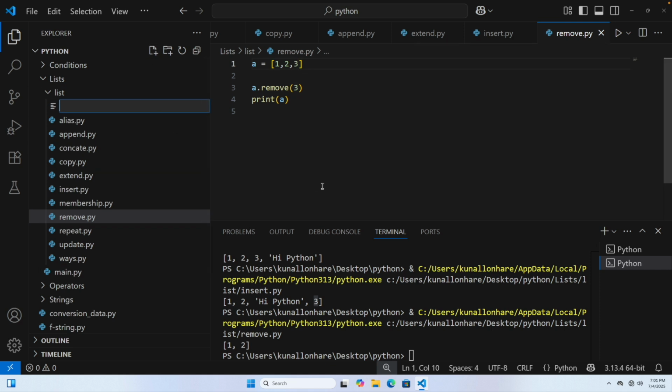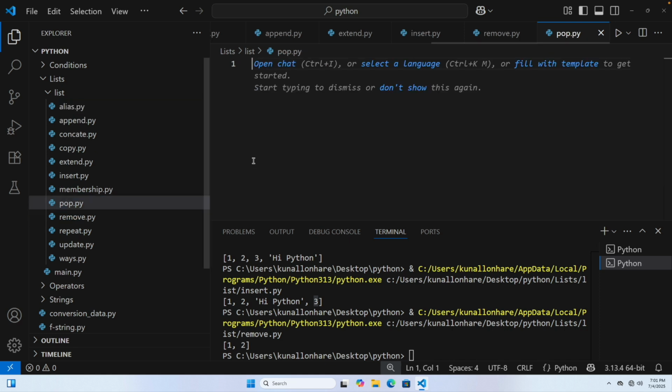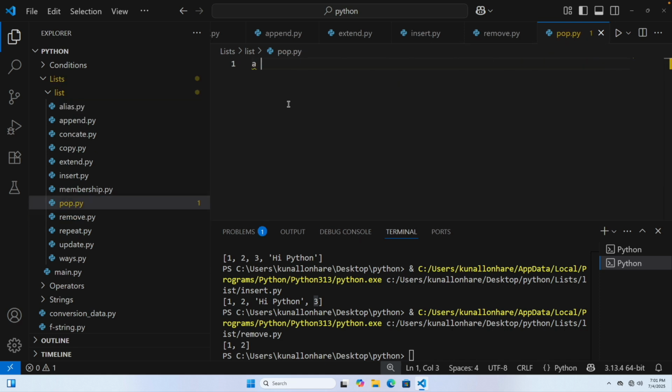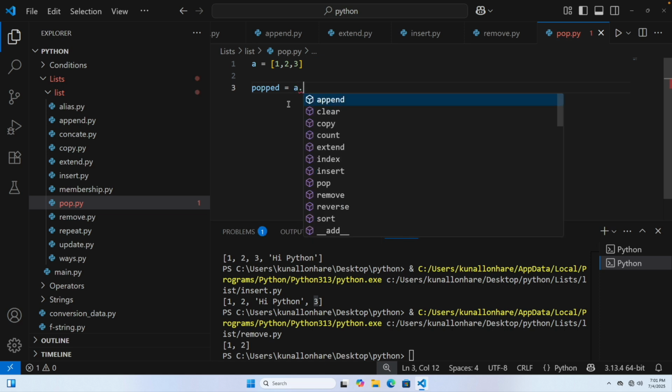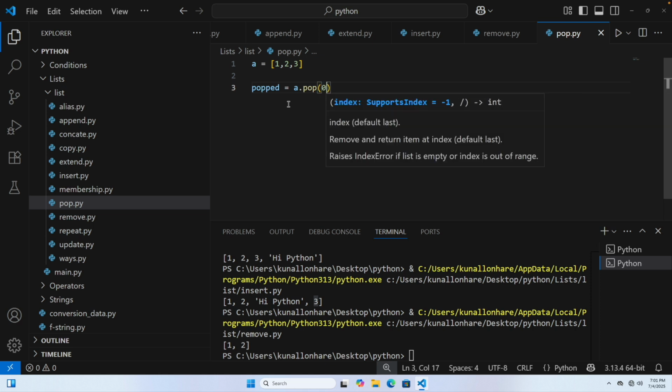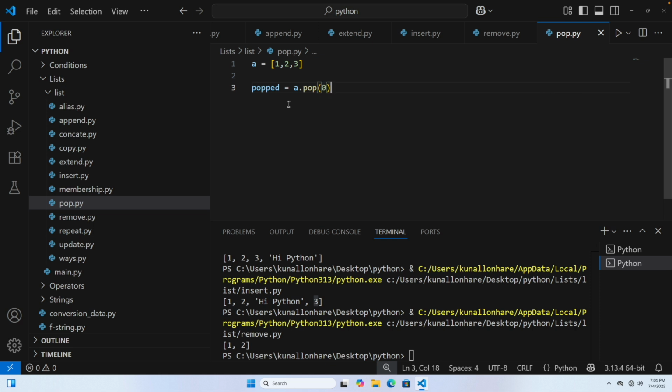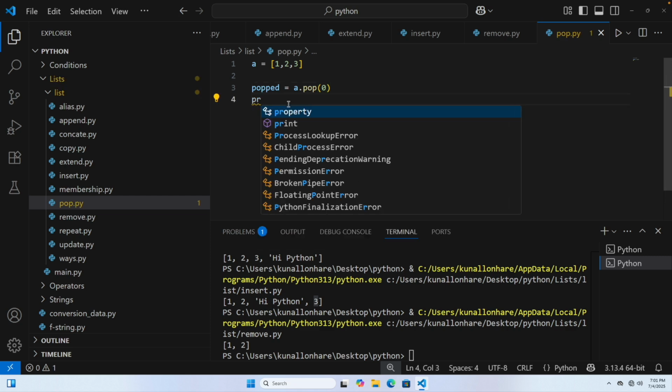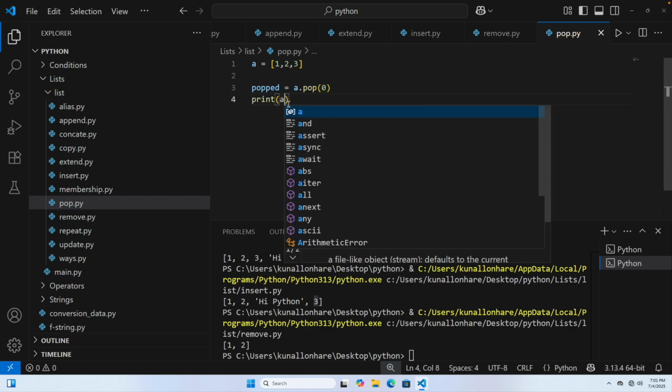Now let's talk about pop. Pop is something like remove. Let's say I put a dummy list here, and create a variable, let's say pop. You can name it whatever you want, and I want to put a dot pop at, let's say, the 0 position. Now if you print pop,